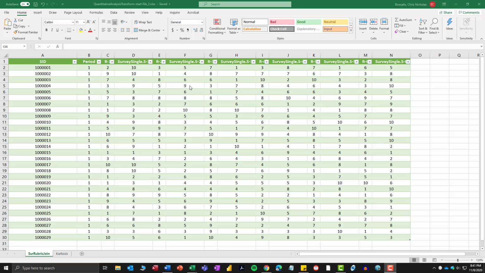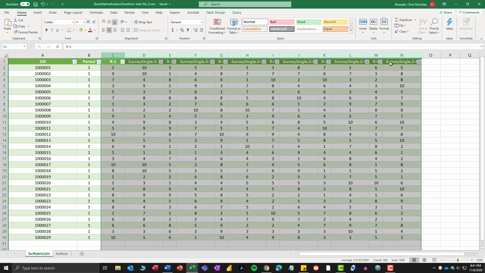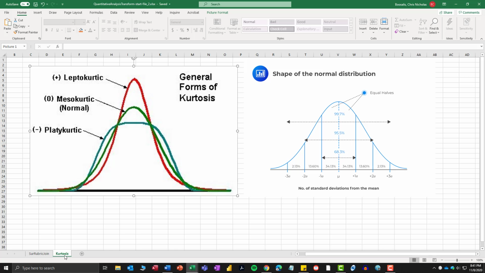I've jumped over to our table that we generated in tutorial number 3. And we're looking at a column of student ID numbers. I'm going to retain the period column, and we have our rubric and survey items all neatly arranged into this table. Yours may look different